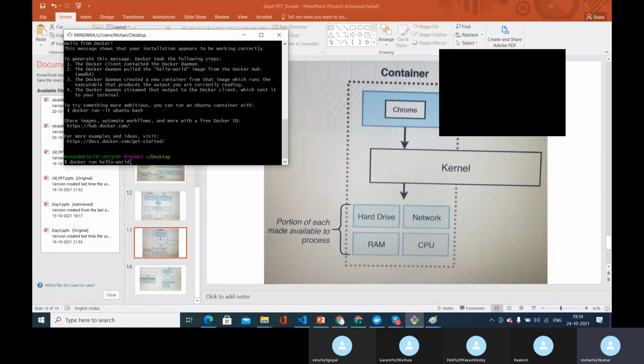Now I have something called Docker run hello world. Let me put this in Notepad or Notepad++. That would be better.